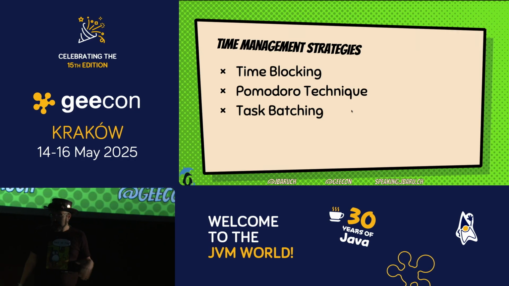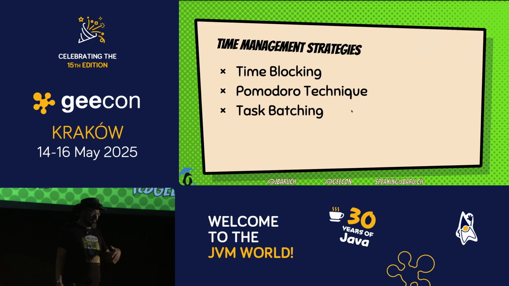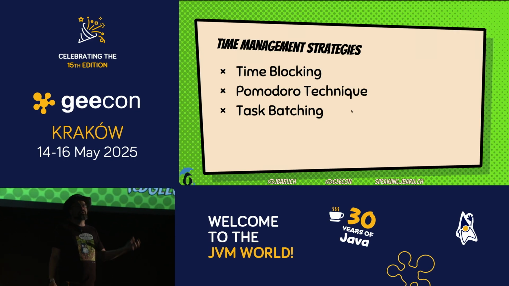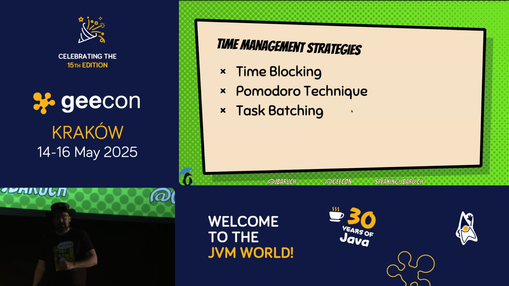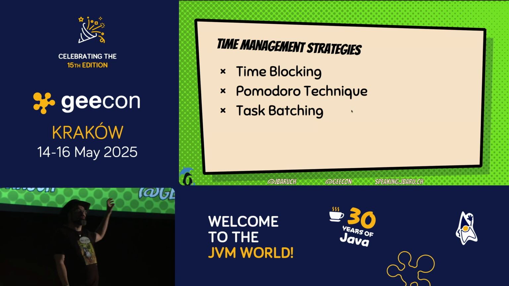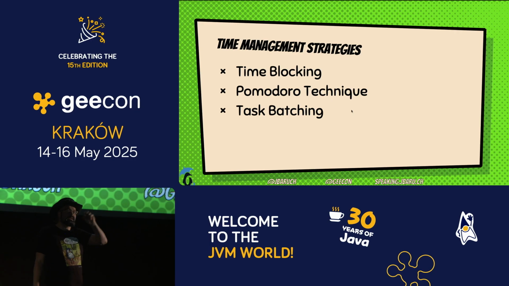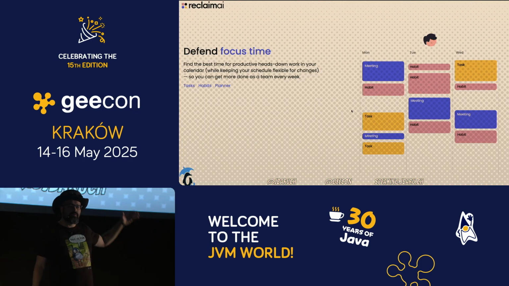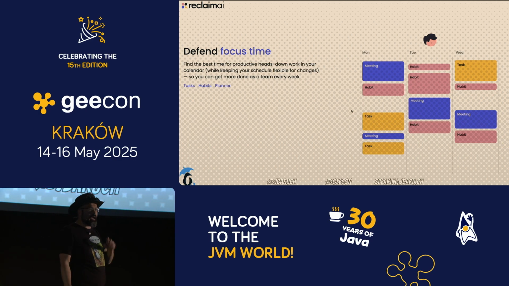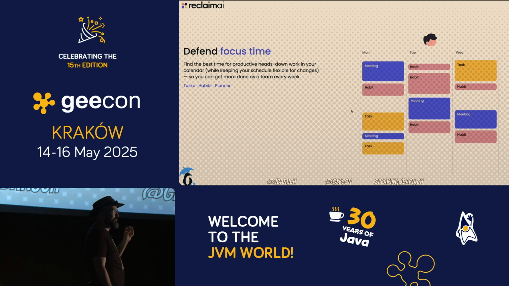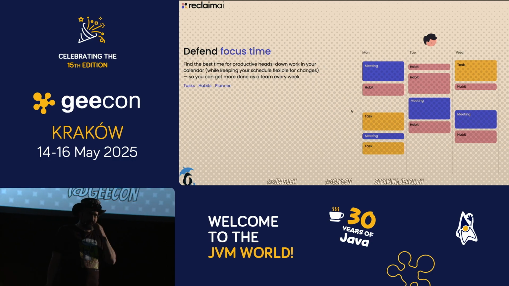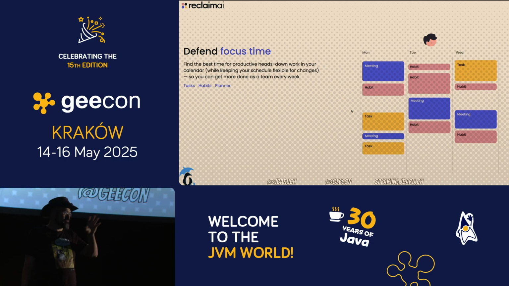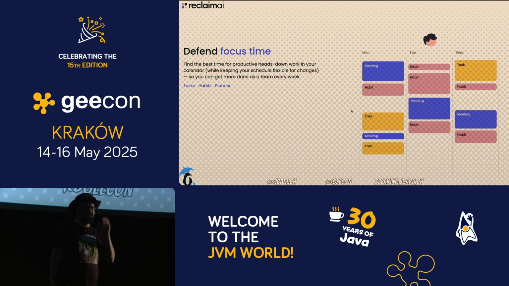Now, this sometime does not always depend on you. Other people have other constraints. So you need to be flexible, but you still need to be able to block time and do task batching. One of the tools that I really personally love is called Reclaim AI. Reclaim AI is a smart calendar that allows you to do exactly that. You define for it how much time you need to be in focus every day, every week, etc.